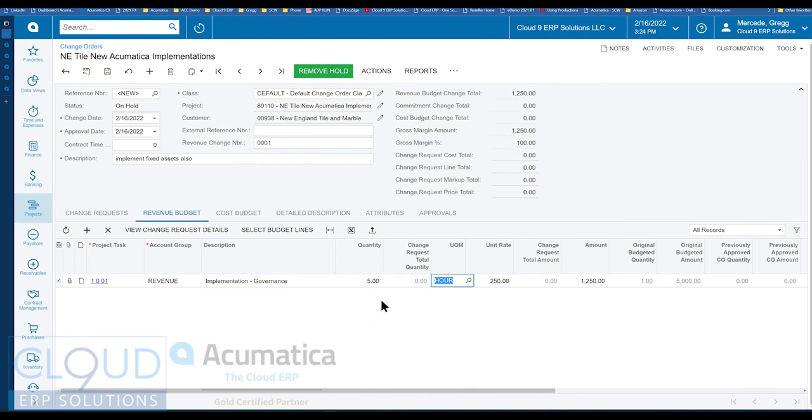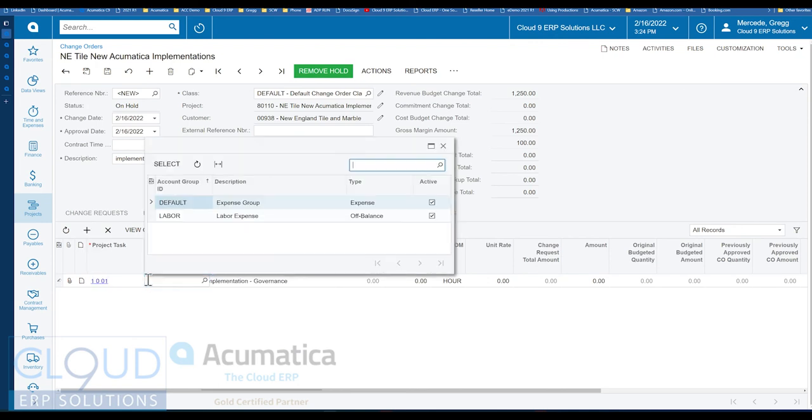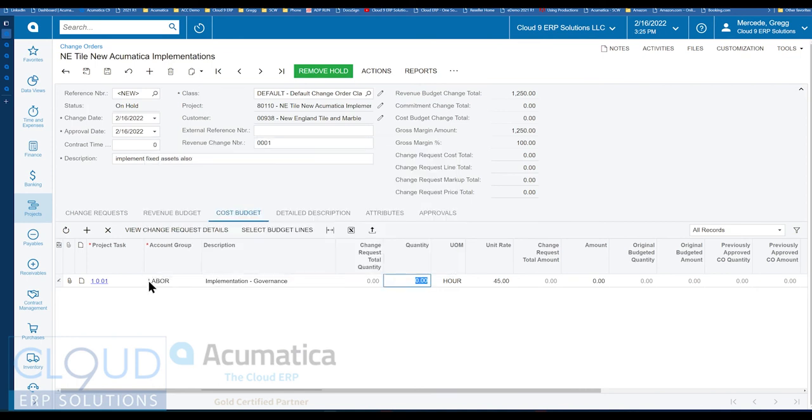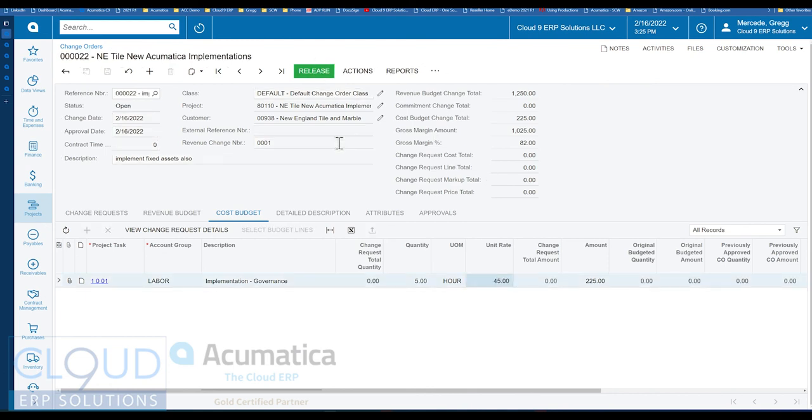And then I also notice that my cost is going to go up. I do have to put some additional time here. Pick my account group. This will be labor. And we're going to do 5 hours here at some rate. And now you can see the revenue budget total change is $1,250. Cost budget change is $225. There's a margin here. And if I remove the hold and release it,